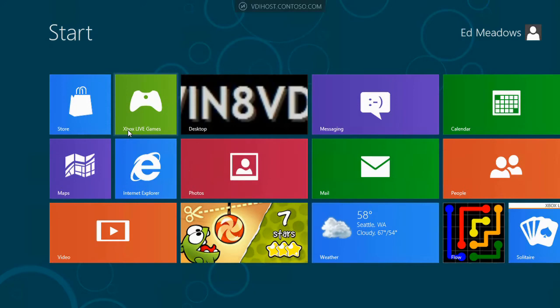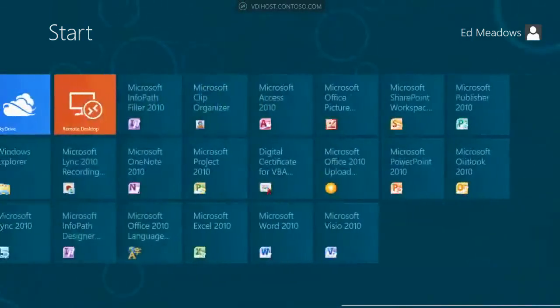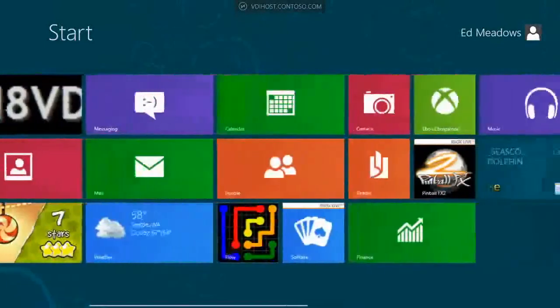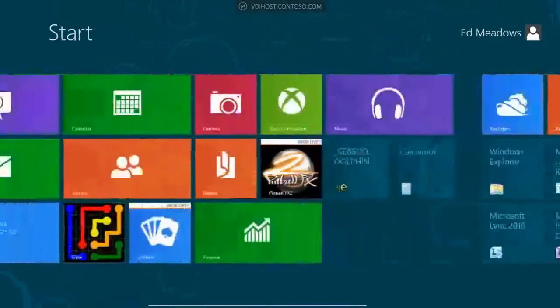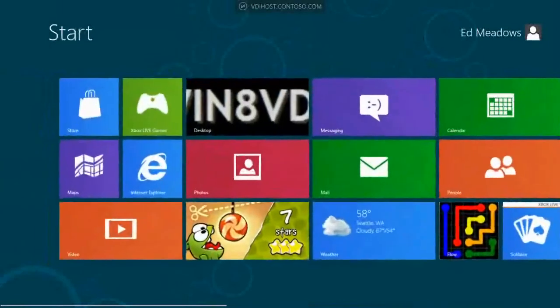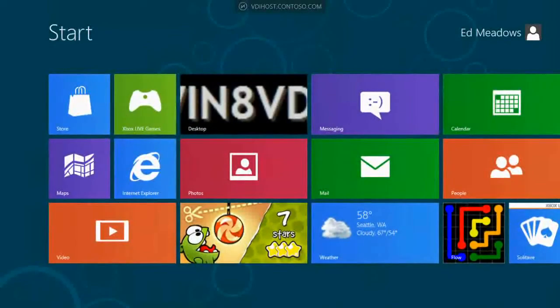So here now I am in a virtual desktop. You can see I'm getting the same fast and fluid experience that you would get on a natively installed Windows 8 client. I'm swiping to the left, swiping to the right. I can pinch to zoom in, zoom out. So with RemoteFX's touch-enabled capabilities, it's remoting all the touch points that the client device can provide.